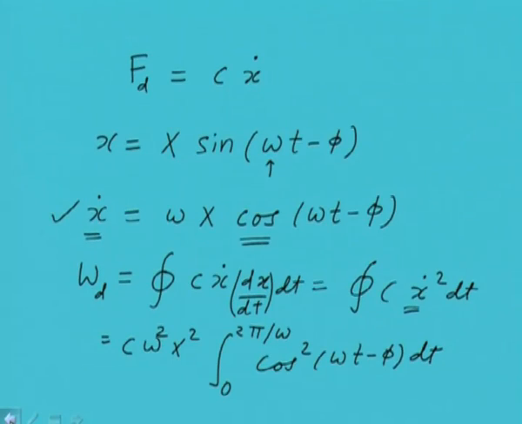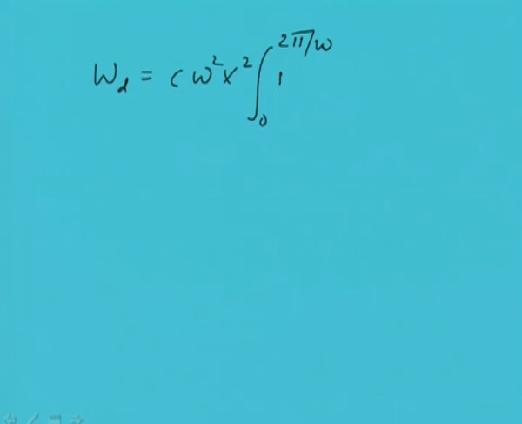So this particular expression we have substituted here, and if we integrate this we will get the energy loss. I will give some more steps of this so that things are clear, 2 pi by omega, and here this term can be expanded, and we can write it like this. And if we simplify, after integration we will get